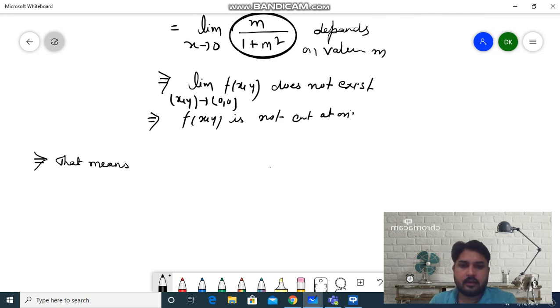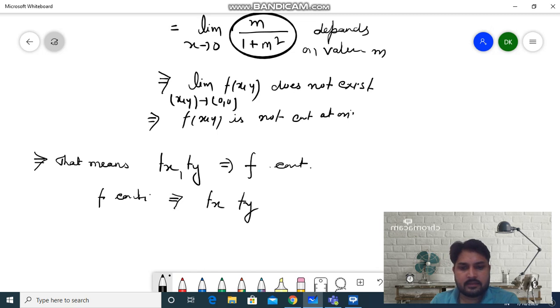That means the existence of partial derivatives of f(x, y) does not imply the continuity of f(x, y). And if f is continuous, this does not imply that fx and fy, that is partial derivatives, exist. But we can say, if fx and fy both exist at point P,